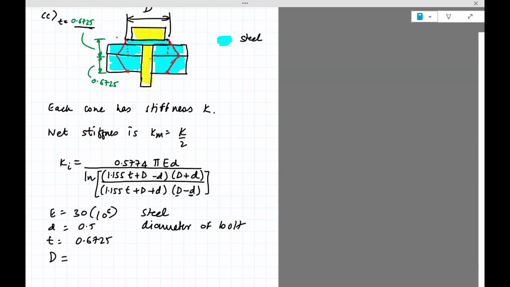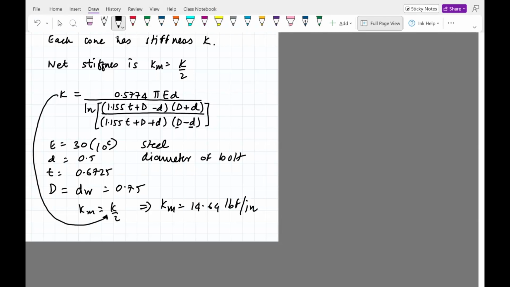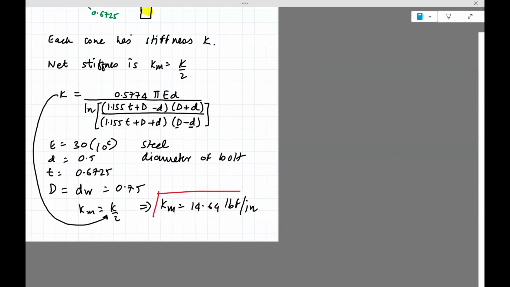So D is the diameter of washer, which is 0.75. Okay, so putting all these values, we get K, and Km equals half of K. So K comes from there. You can put it here and then take the half. Km is 14.64 pound force per inch. Okay, so pretty complicated, but that's the